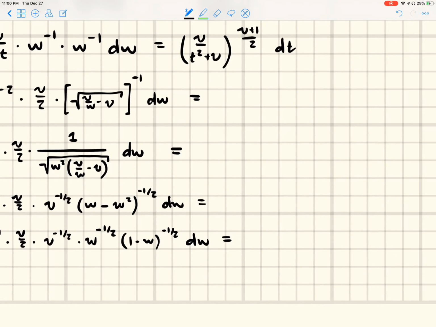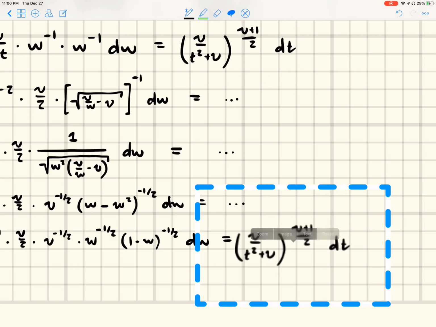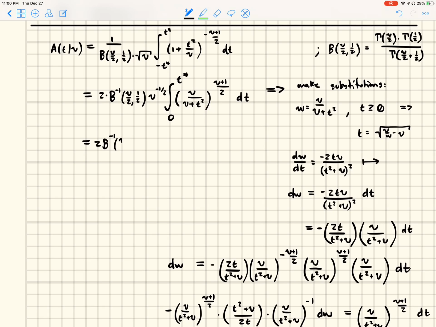And we can bring this down, make the substitution, such that now our integral is 2 beta of this, and recall that we have to do w of 0 and w of the critical t value